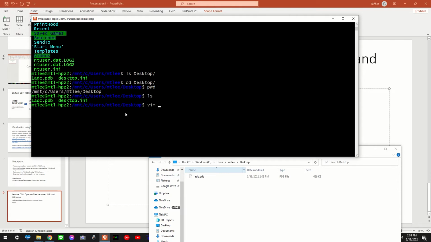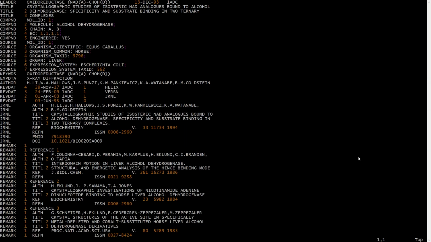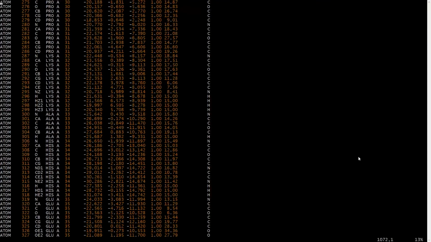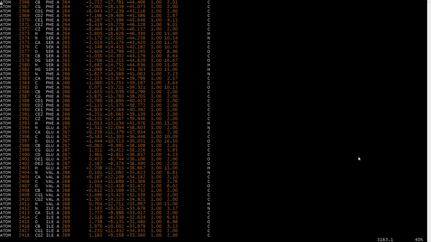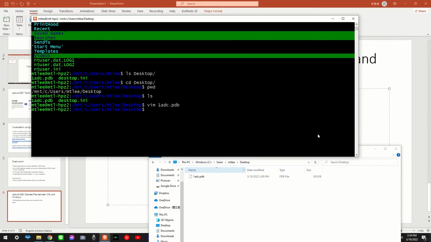So VIM 1ABC. This pretty much is the one we checked before, right? You can see a lot of things here. You can do the same thing with your data file using VIM, just what we did before. But say this is how we want to access the file from Linux system to Windows system, okay? So again, we are inside this folder, right?